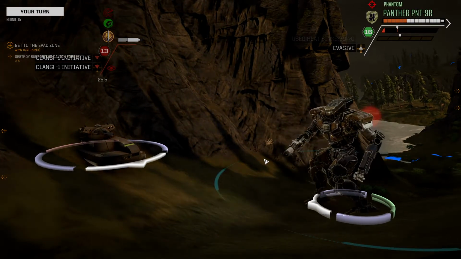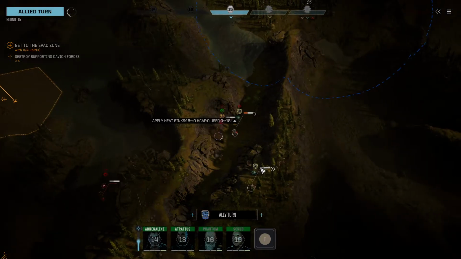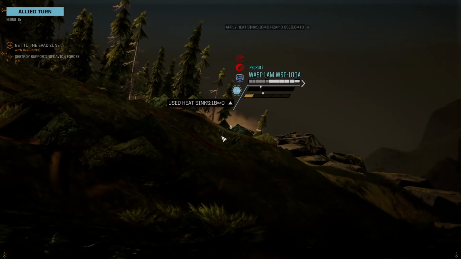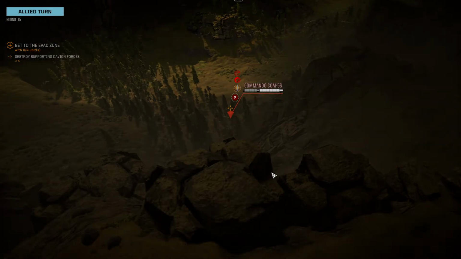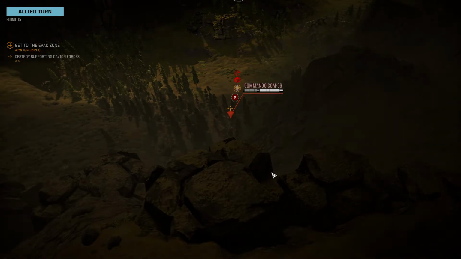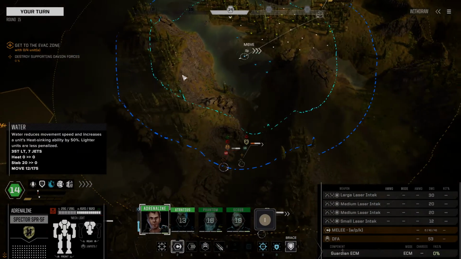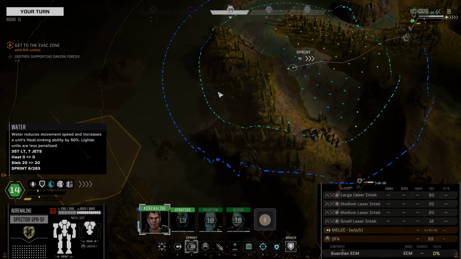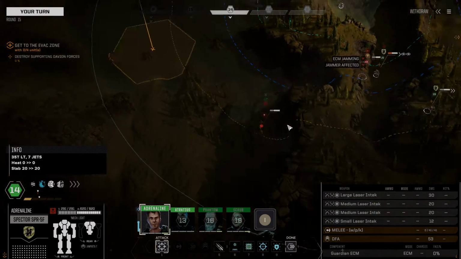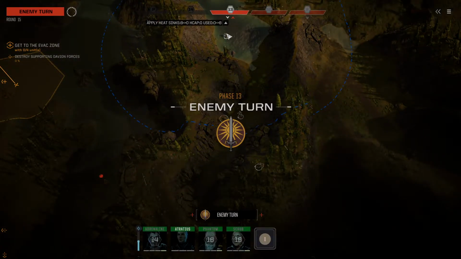Oh, we hit. Okay. That'll do. So the Wasp jumps forward and fires on the Commando, does no damage. Ready for order. We're now going to come in with our Spectre over this direction. The Pegasus fell back over there somewhere. Not sure exactly where, but the Locust is there, and I kind of want to go after the Locust with